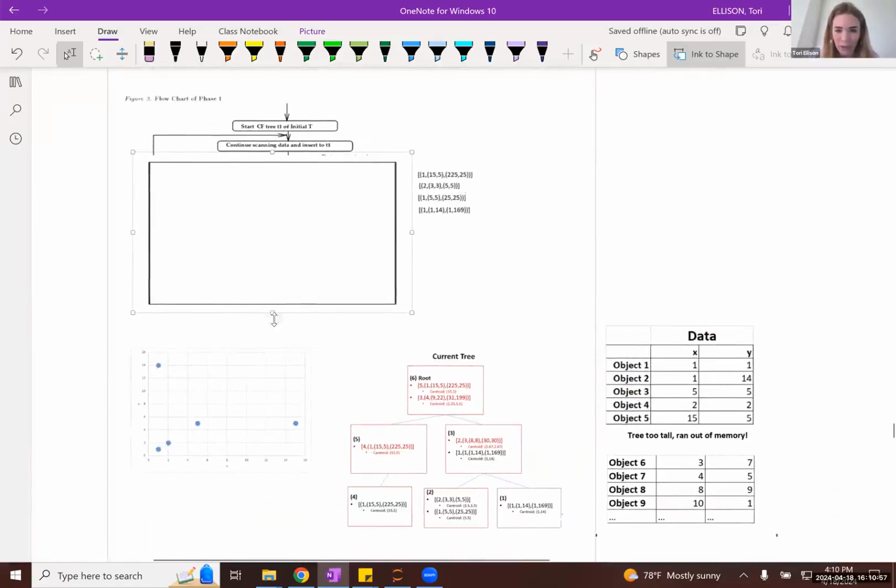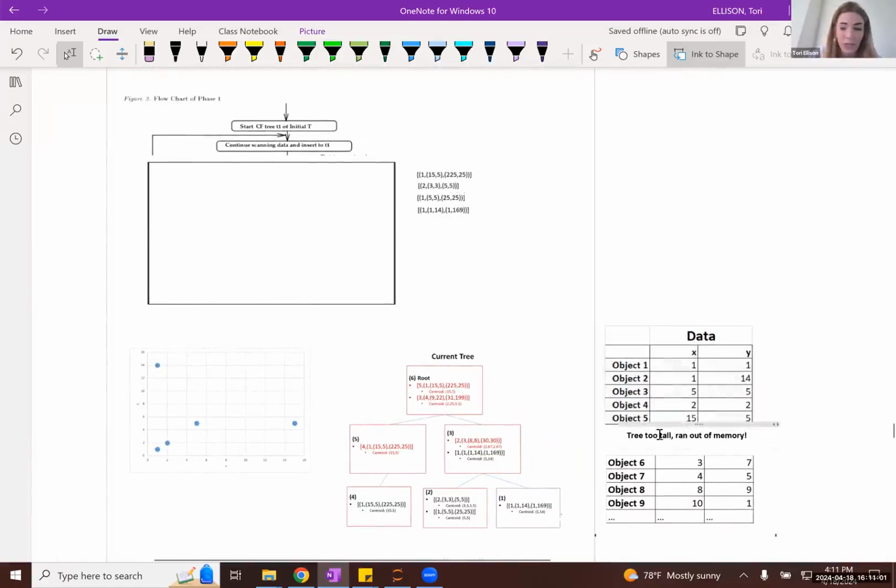Okay. Now let's just say you've read in like 5 observations and you've got to this point where you're like, uh-oh, my computer does not have room for a tree that has 3 layers. So let's just say it's too much for your computational memory constraints.